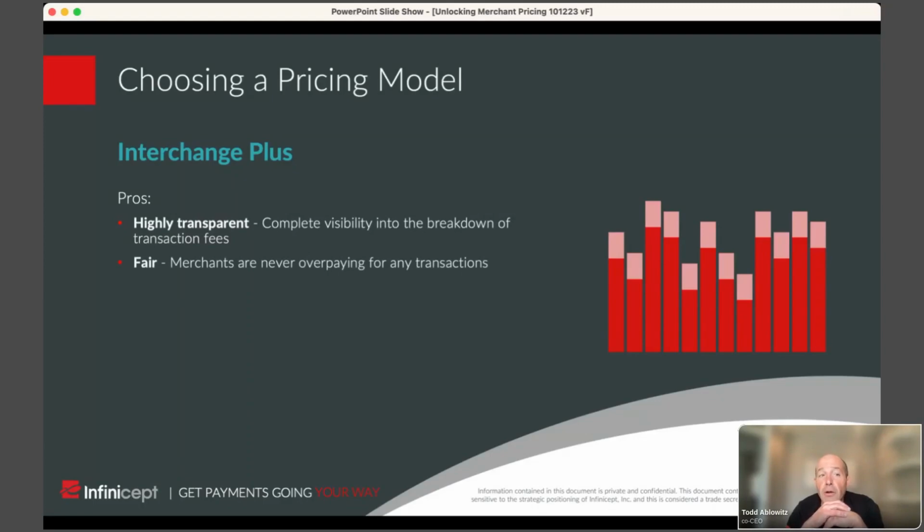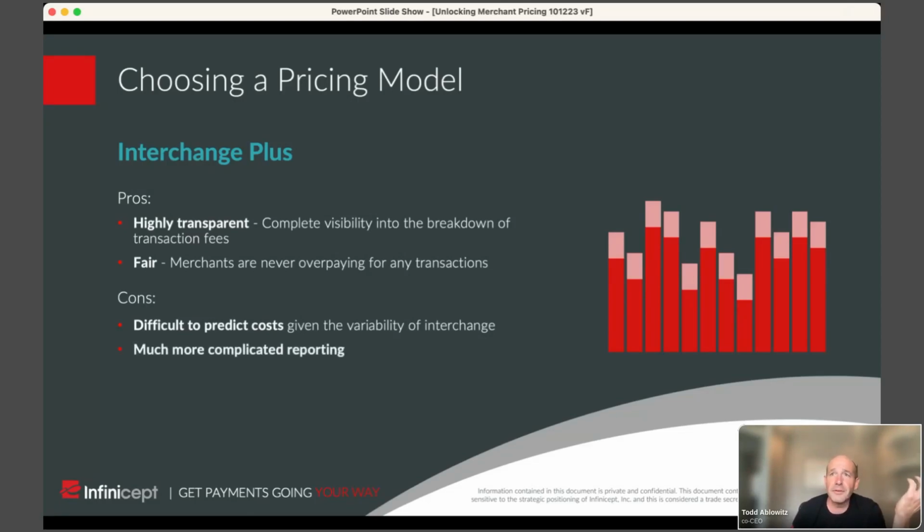It's considered very fair. And on the other hand, it's a super complicated statement. You cannot predict how much you're going to pay. It's going to be different every month depending on your card mix, depending on details like the way cards are processed. It's difficult. Before I move on to flat pricing, Kevin is referencing the new Durbin credit card amendment.